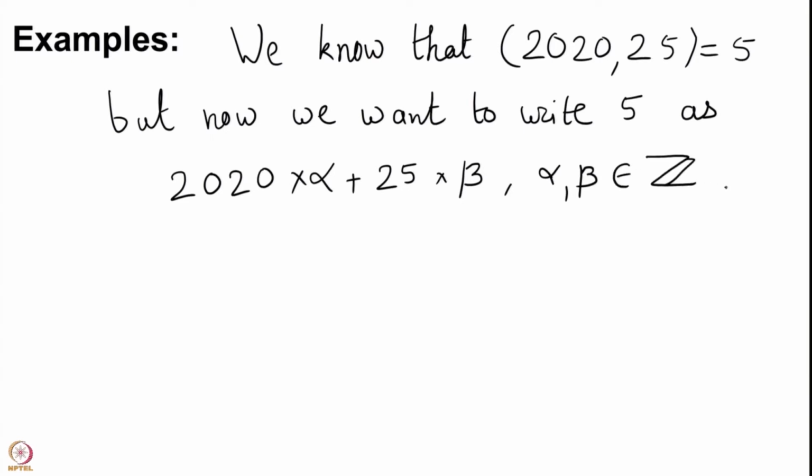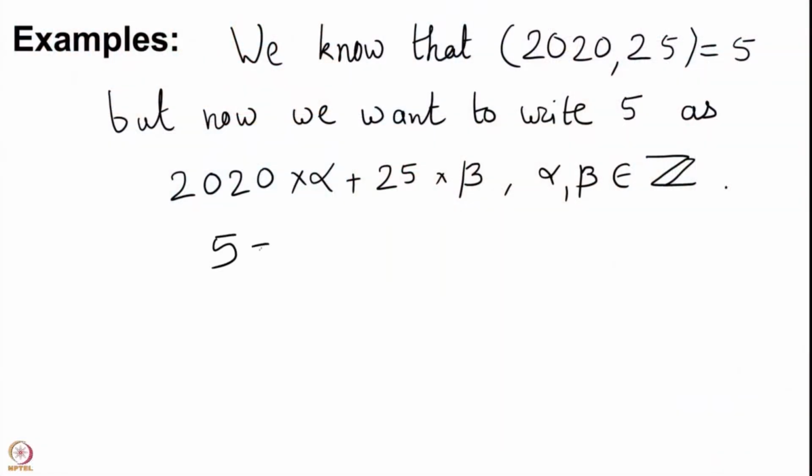Of course, they cannot be natural numbers, because if you have any non-zero multiple of 2020 from natural numbers, you would be at least 2020 or beyond, and then you cannot write 5. Or if you put 0 for 2020 and any non-zero multiple of 25 again coming from natural numbers, you will go beyond 25. So, it will not be possible to write the GCD as a linear combination over natural numbers. We have to go outside the set of natural numbers, but that is okay.